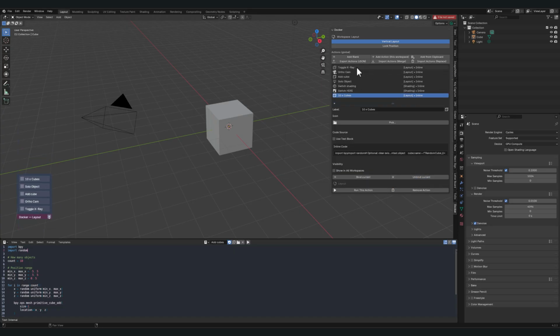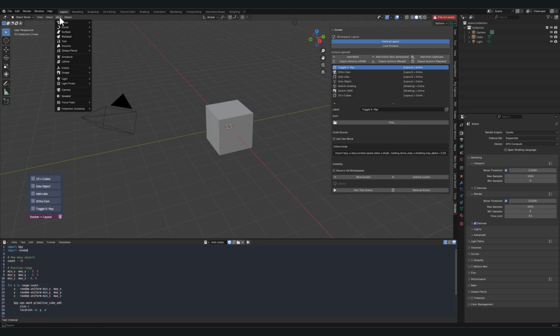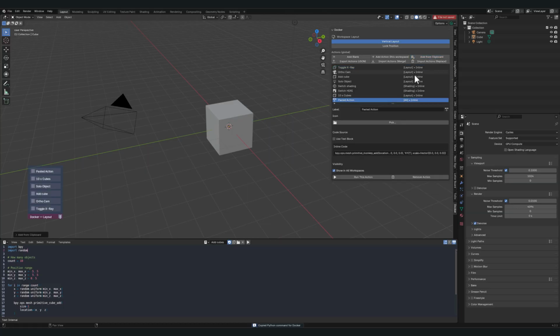Okay, so each of these represents some code. These buttons can, as I mentioned, generate code from either a text file, or you can copy and paste this directly into the button, and the button will hold that code for you. So in this demo, I've just done a few things here that are aligned to some quick menu options. But as I said, if you wanted to come up here and, for instance, go across and we wanted to add a Suzanne, we can copy Python for Docker, click that here, add from clipboard, and then we can say